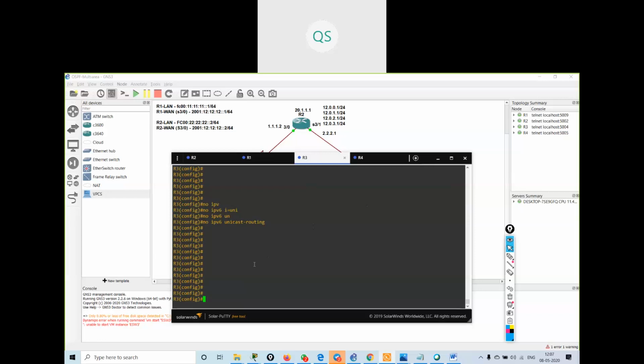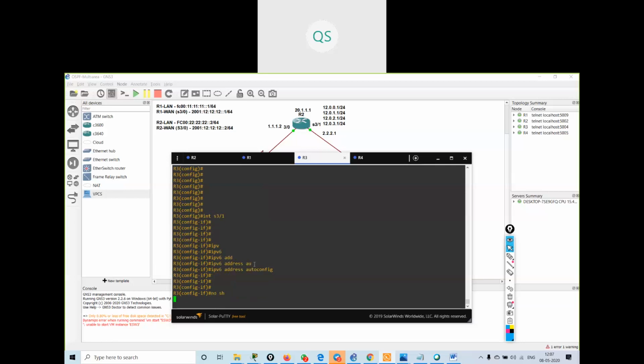So I will go inside interface 3/1 and I will say IPv6 address autoconfig. That's it. Now I will say no shut, and make the interface up.